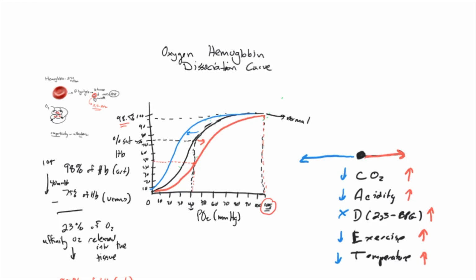When can this happen? If you are sitting in a lecture room that is extremely cold and your temperature goes down, your oxygen saturation curve is going to shift left. And we'll see what that means at a percent saturation, how that affects percent saturation. Our CO2 is going to go down because we're not exercising. The levels of CO2 are not increasing. Respiratory rate is not increasing, which means acidity is now going to go down because our red blood cells are well oxygenated, okay? And we're at rest, sleeping or sitting still, not really